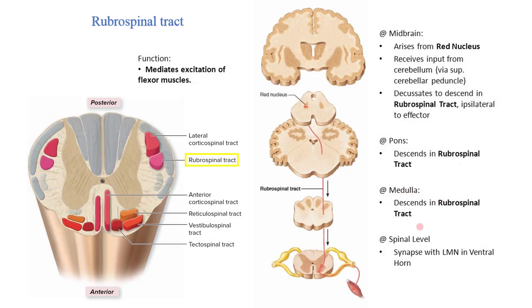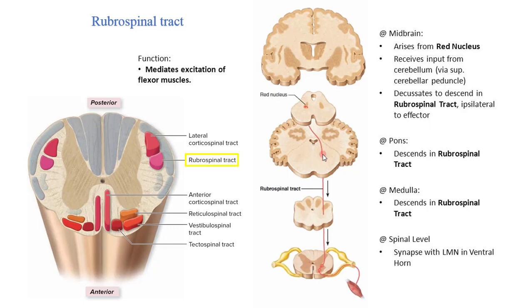Okay, now let's meet this little guy, the rubrospinal tract. It has a much simpler pathway compared to the corticospinal tract we just looked at. It arises in the red nucleus on the upper portion of the midbrain. The term rubro is derived from its Latin name nucleus ruber, which, as you may have rightly already guessed, means red nucleus. It then crosses over at the level of the red nucleus at the ventral tegmental decussation through the